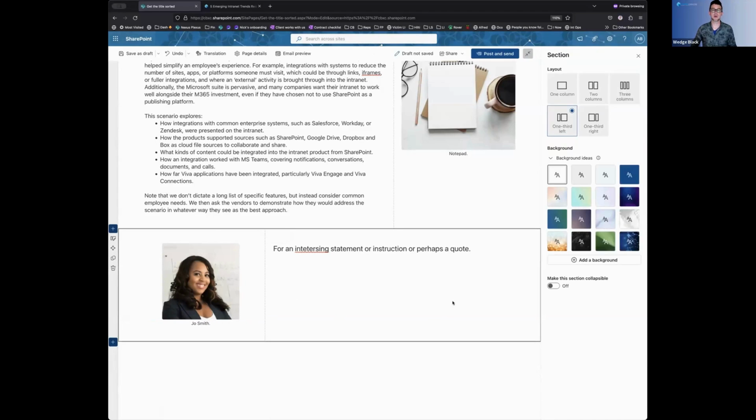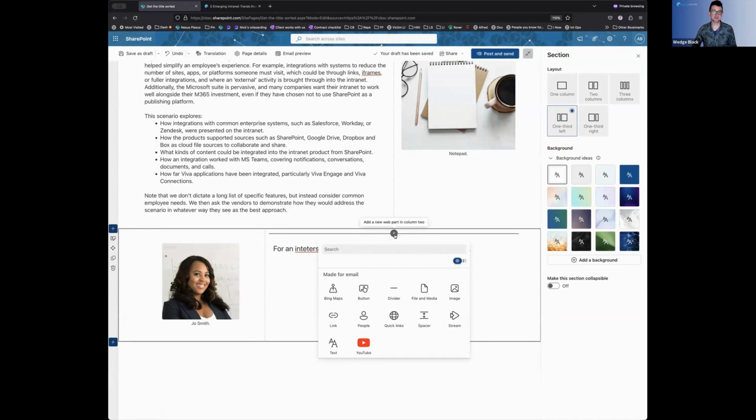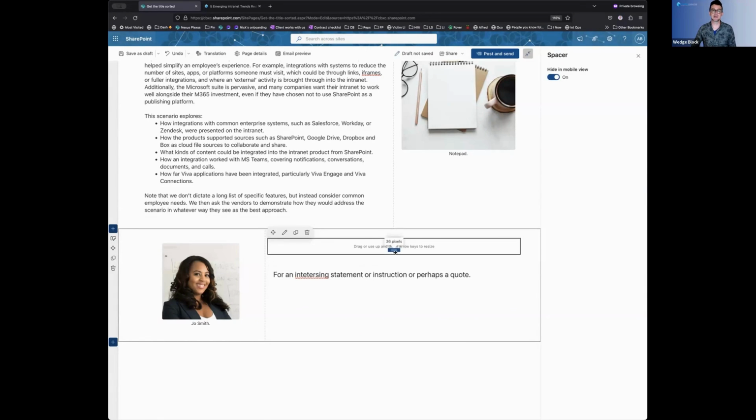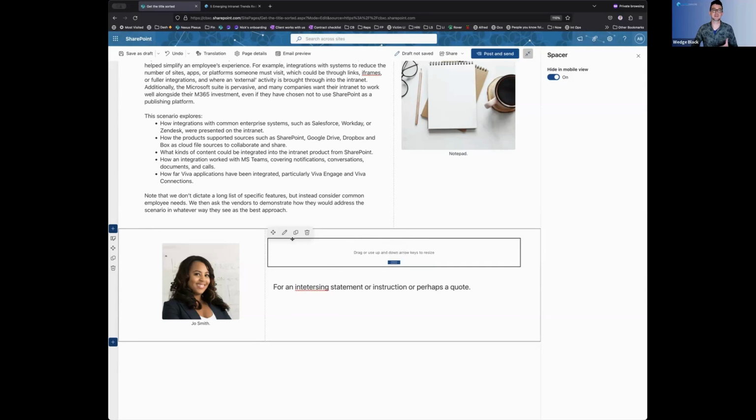Now, you might find when you publish this article that you're unhappy with the spacing of this text box against this image. So my top tip is to add space. And if it's not there on screen for you, search for the word space, and there it comes up as a spacer. And now you get to juggle it. You might be able to grasp it and move it up and down so that you feel you're making a nice layout. And really, you can only test this nice layout after you've saved your draft or even published it. So don't be afraid of saving the draft and then looking at it